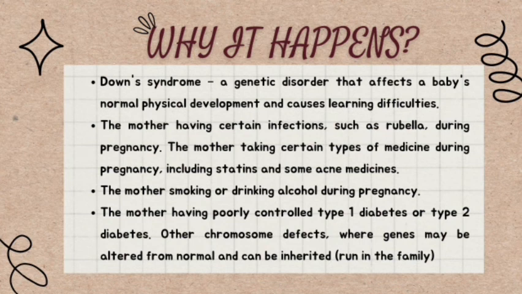And next is the mother taking certain types of medicine during pregnancy, including statins and some acne medicines. And next is the most common: the mother smoking or drinking alcohol during pregnancy. And next is the mother having poorly controlled type 1 or type 2 diabetes. And lastly is other chromosome defects, where genes may be altered from normal and can be inherited, which is to run